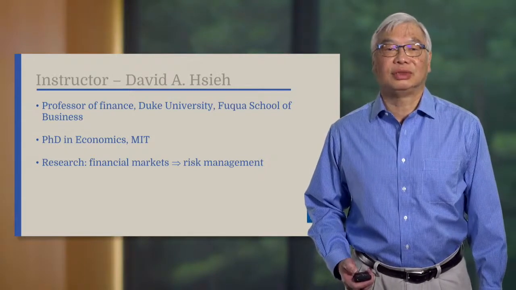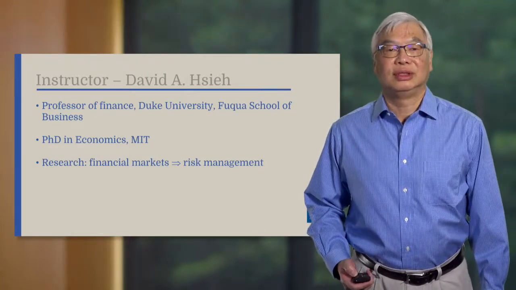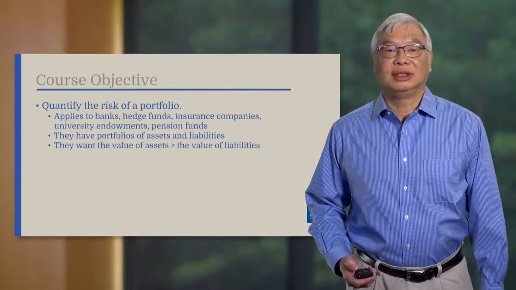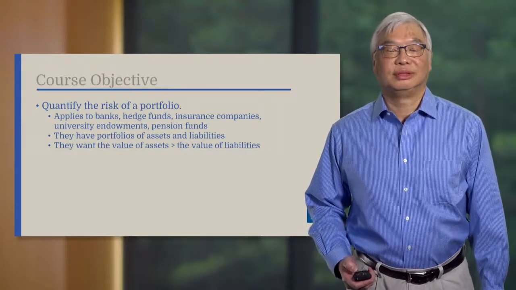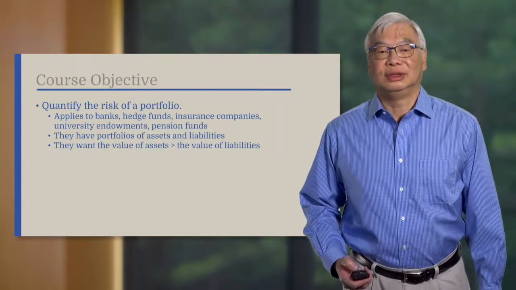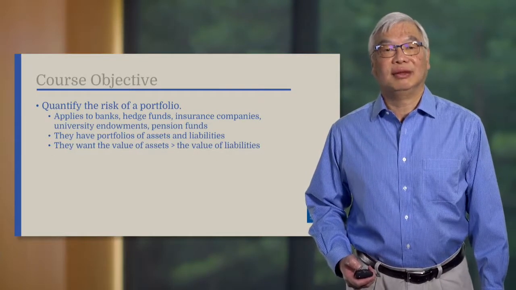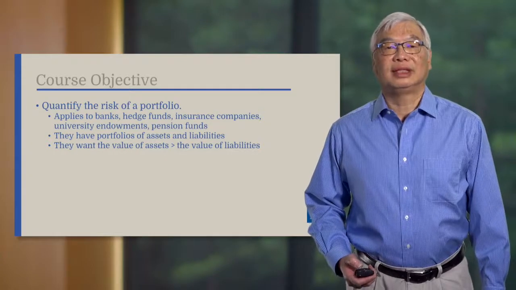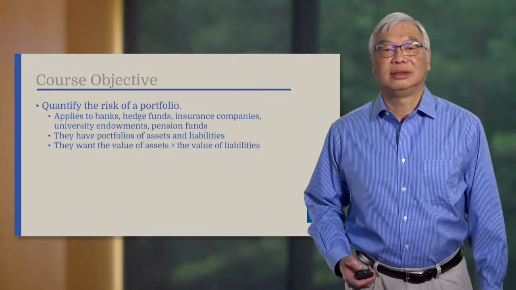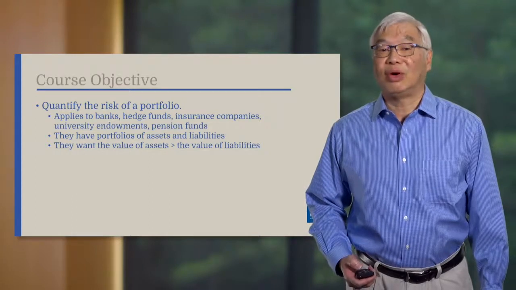In this course, I will give you an introduction to financial risk management with some numerical examples using R. The main goal of financial risk management is to quantify the risk of a portfolio. This is of interest to banks, hedge funds, insurance companies, university endowments, and pension funds. They have portfolios of assets and liabilities. The values of assets and liabilities change over time because of movements in financial markets. One of their main concerns is to make sure that the value of assets does not fall below the value